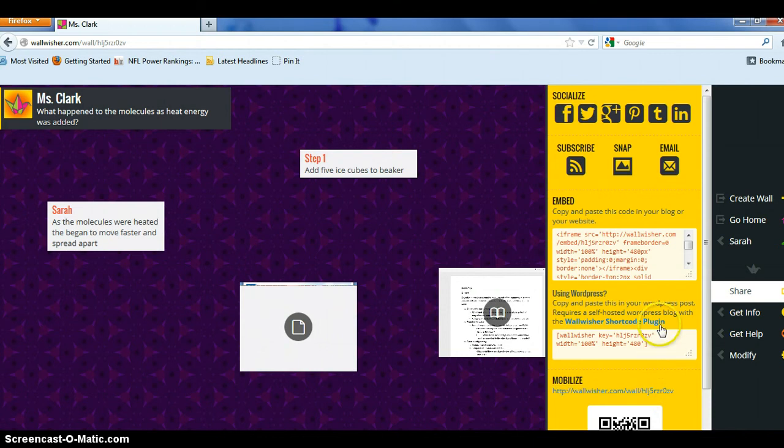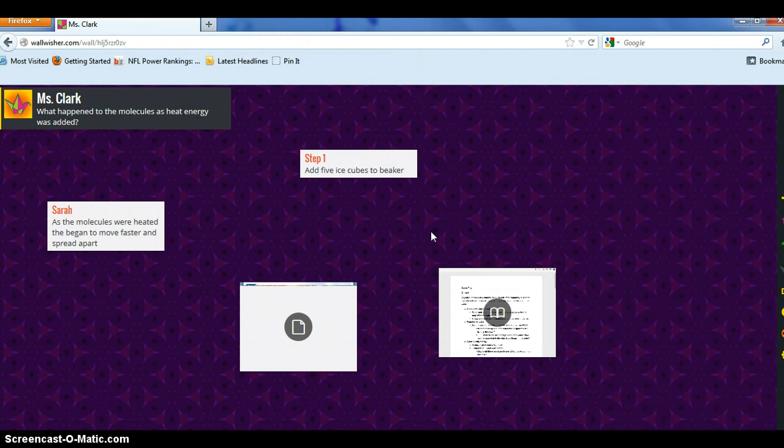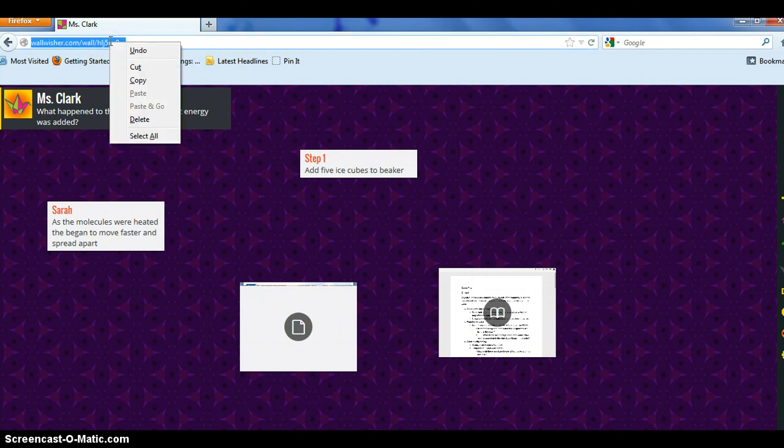It gives you a couple other options, embedding it into your website depending on what kinds of things you use and how your students may access this information. The only other thing that I wanted to show you